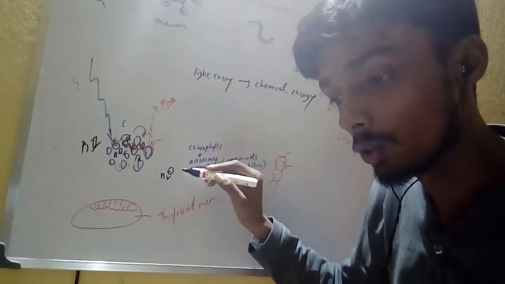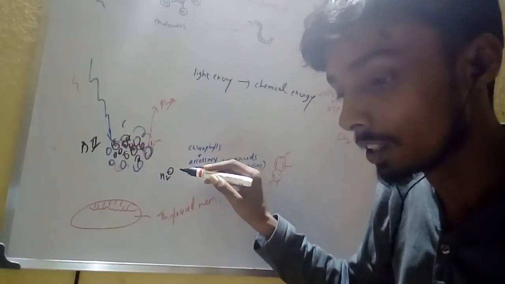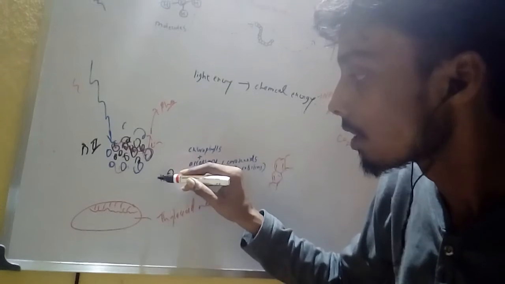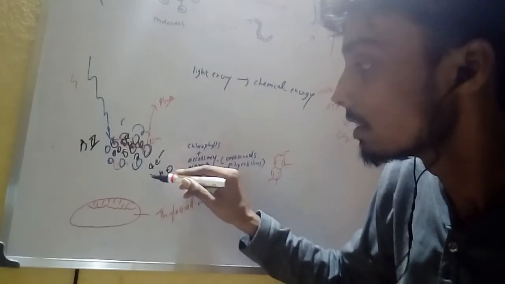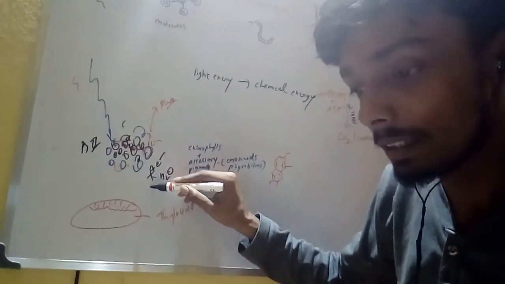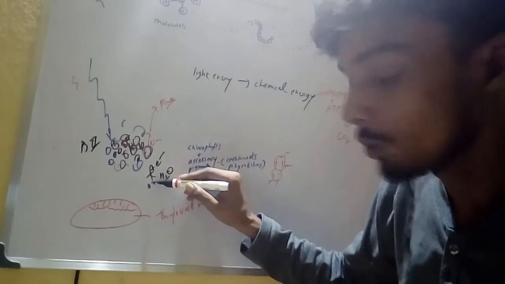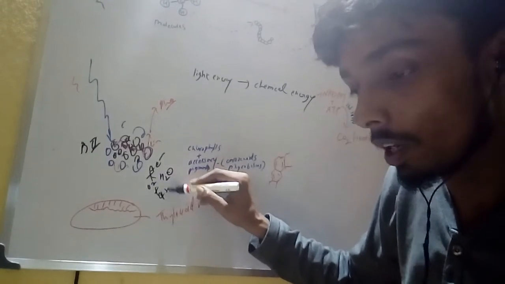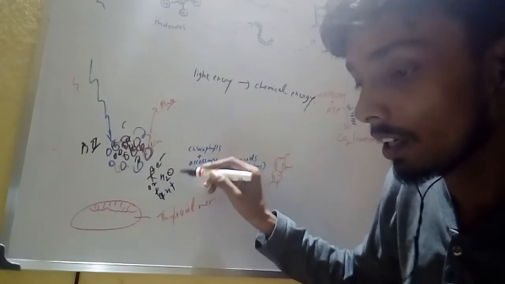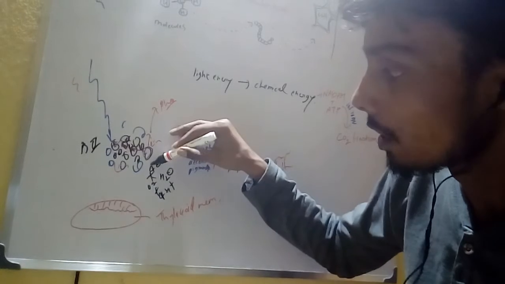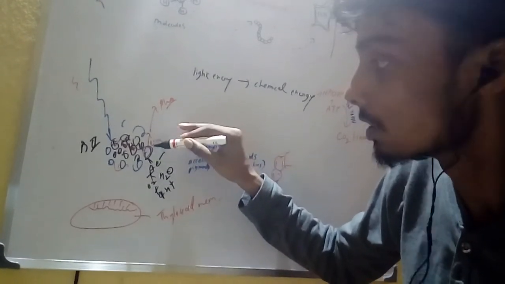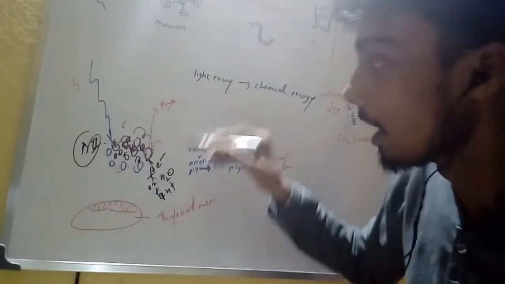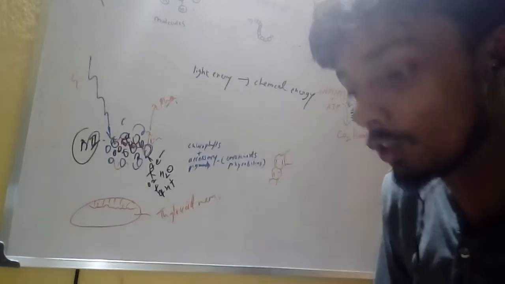Okay, H2O is converted into 4 electrons plus O2 plus 4H+. Okay, these 4 electrons are given to this photosystem second,